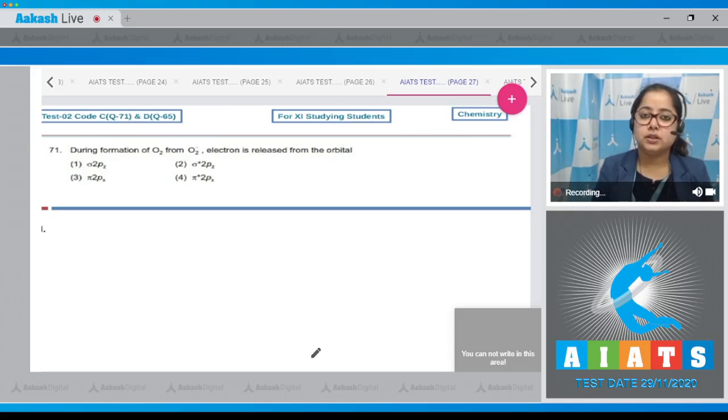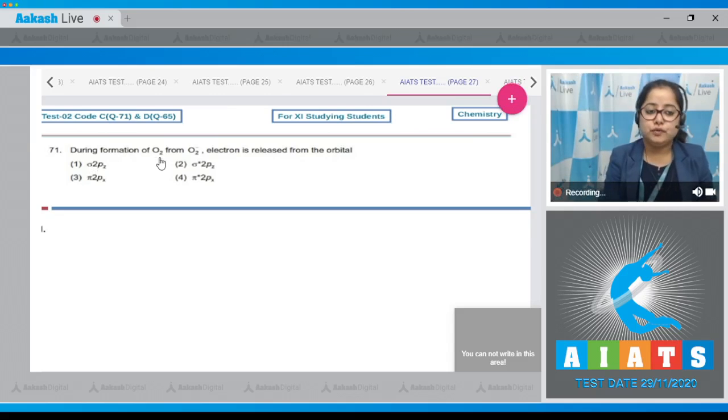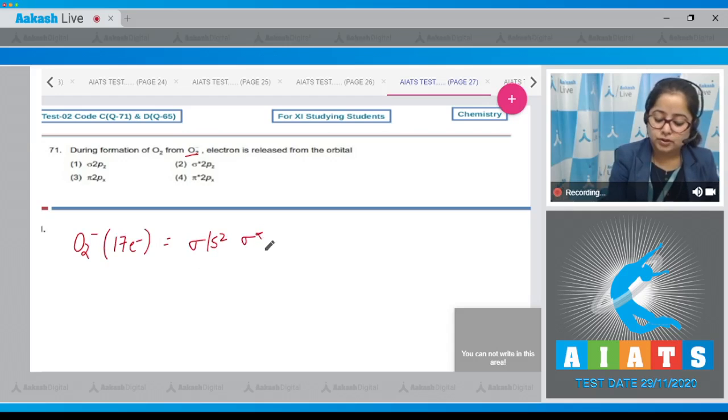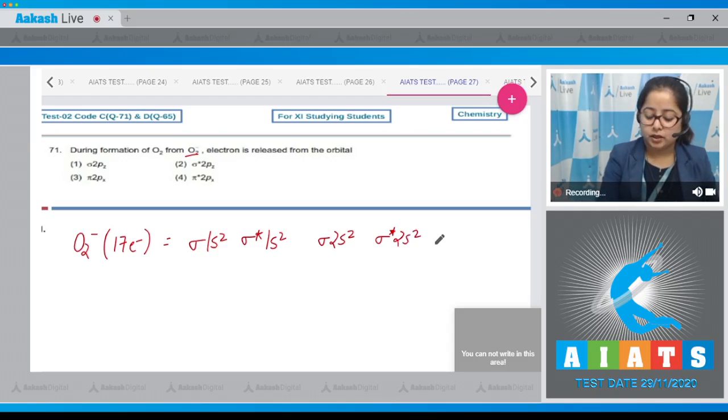Question number 71. Let's read the question. During formation of O2 from O2 minus, the electron is released from which orbital? Students, for this question we have to write the electronic configuration of O2 minus, and then we'll be able to identify from which orbital the electron is being removed. So O2 minus has 17 electrons: sigma 1s2, sigma star 1s2, sigma 2s2, sigma star 2s2, then we have sigma 2pz,